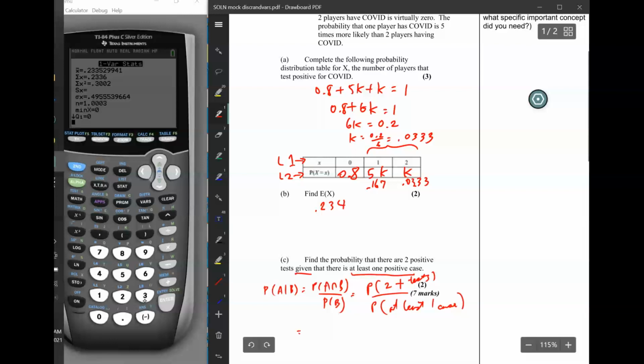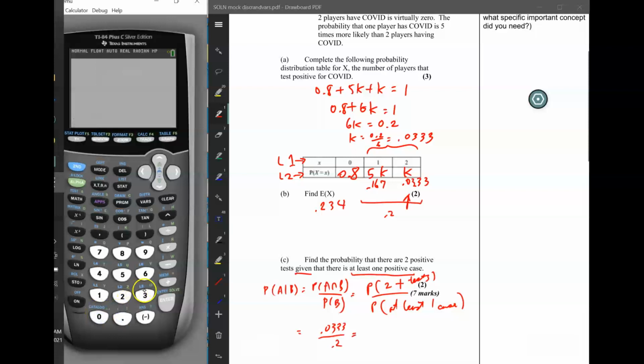So, let's find the values for those. The probability that there are 2 positive tests is 0.0333, right? And the probability that there is at least one case, that would mean 1 or 2 cases, or more, but remember, the probability that there is more than 2 cases is virtually 0. So it would be 0.167 plus 0.0333, that would be 0.2. If we added those two together, we get 0.2. So the probability here would be 0.0333 divided by 0.2,